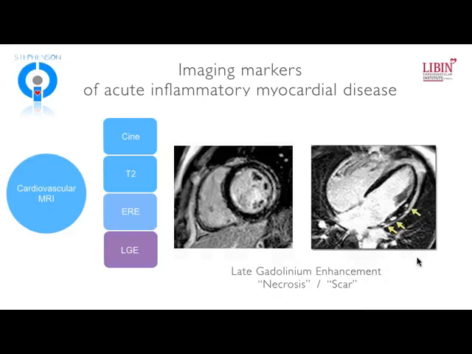Finally, after gadolinium is administered, we can look for late gadolinium enhancement. And essentially what we're saying here is that this is a marker of either a disruption of the cell membrane or an expansion of the extracellular volume. And it has to be a substantial marked expansion regionally to be able to be shown with late gadolinium enhancement. And we typically consider this to be a significant necrotic injury or replacement fibrosis.